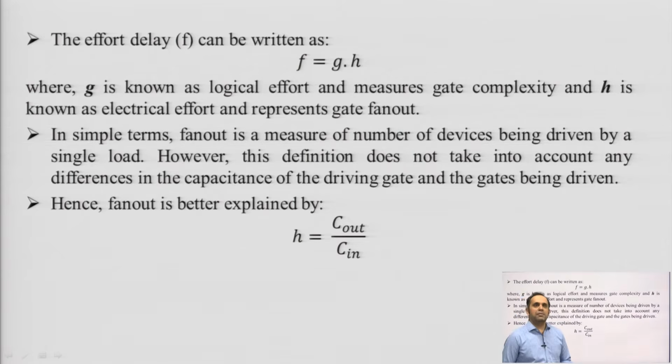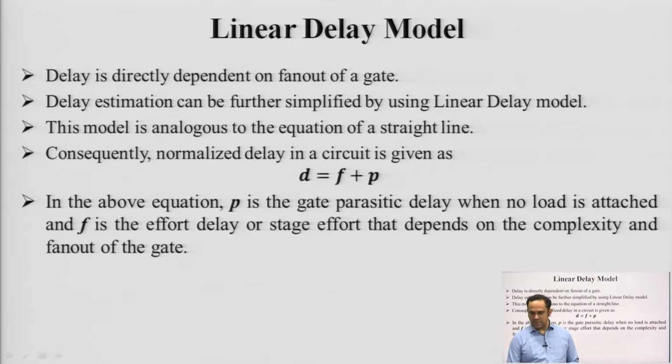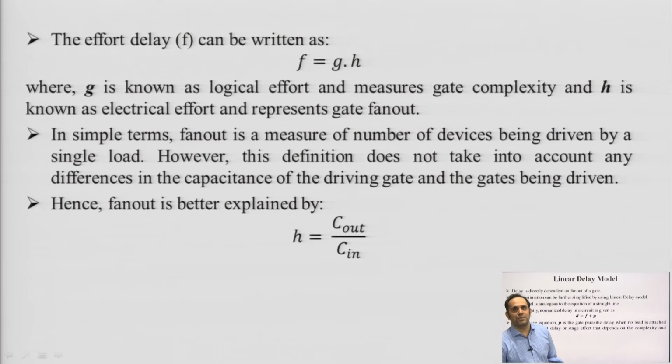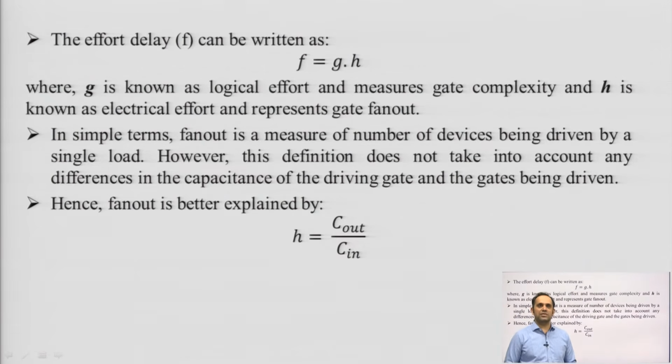And the effort delay by itself can be written as a product of two terms g dot h, where g is the logical effort and is a measure of gate complexity, and h is known as electrical effort, which represents gate fan out. So, if I use the equation on the previous slide, d equal to f plus p, and the equation of f which is equal to g h, I can write